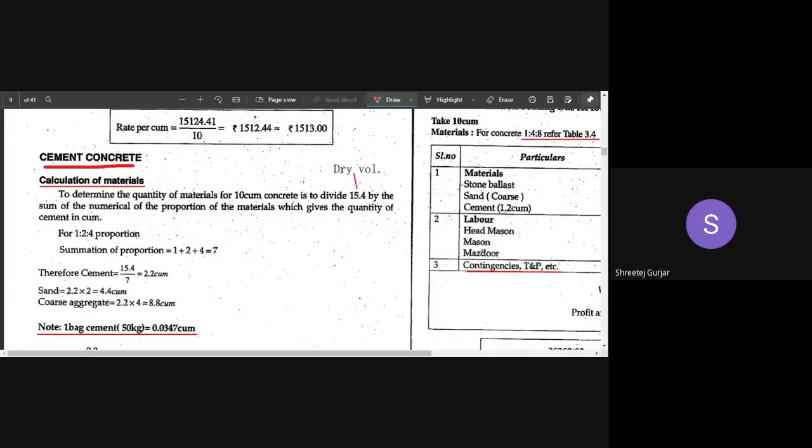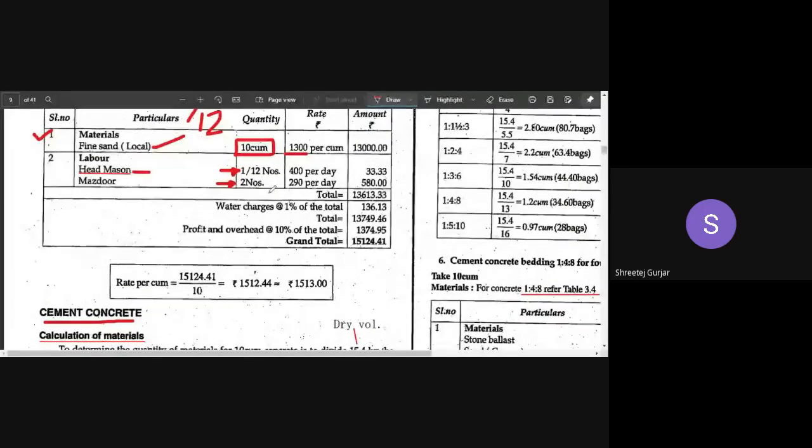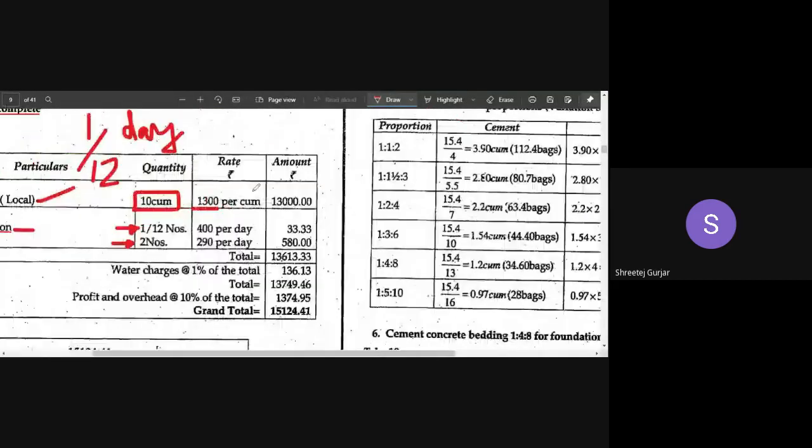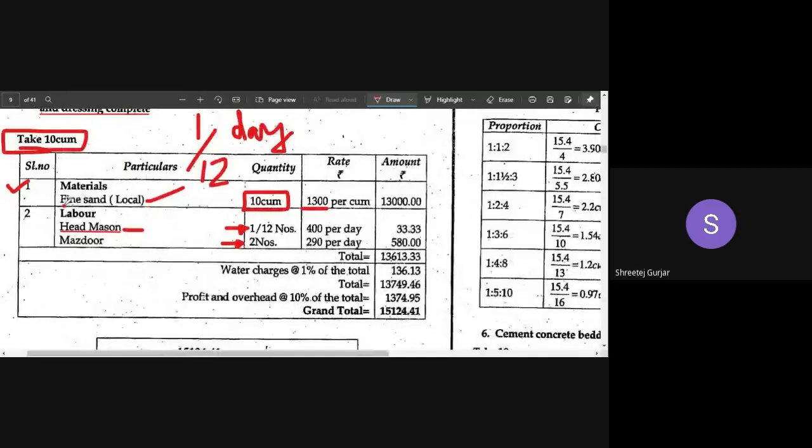Okay. If you have any doubt, you can let me know. Can anyone tell me what is the prevailing rate of sand, M sand or local sand, in our city per cubic meter, or whatever unit, like one truck rate or in tons or quintals? What is the prevailing rate of sand?